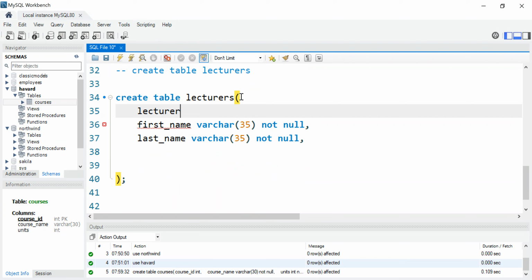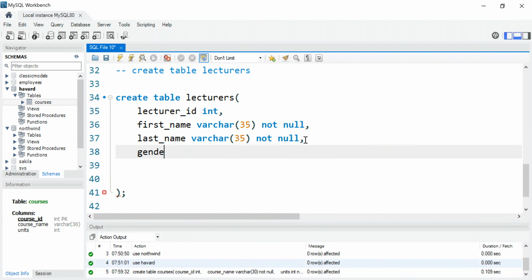It's lecturer ID. And that is going to be int, comma, like this. Then we should add gender. And for gender, we could do varchar, like this, but we'll have a problem. Varchar 20. We could do this, but the reason why this is going to be a problem is because